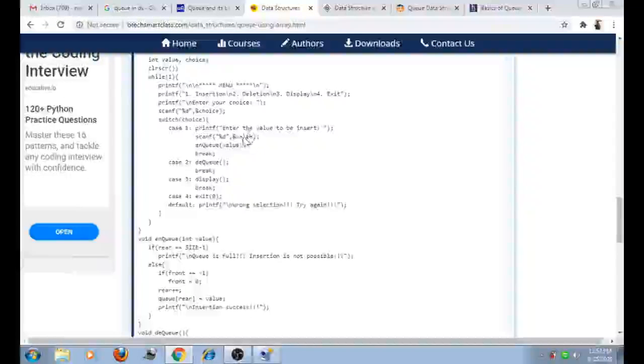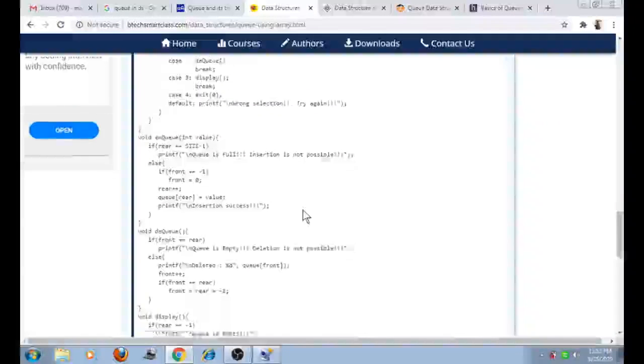Case 1 for insertion: print, enter the value to insert. This is the message in the printf function. Now scanf %d, ampersand value, and this value is passed to the enqueue function, and break. Now case 2 is dequeue, case 3 is for display and case 4 is for exit, and default is the wrong selection, try again, the default case.